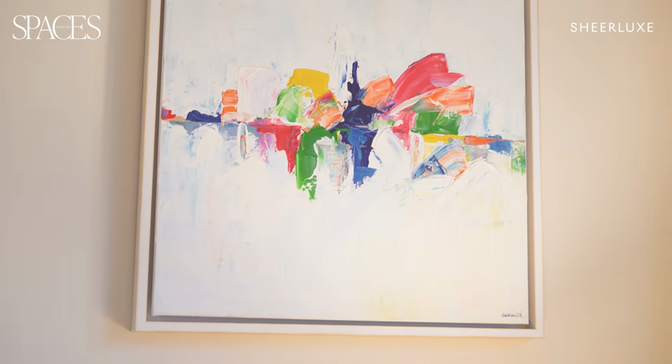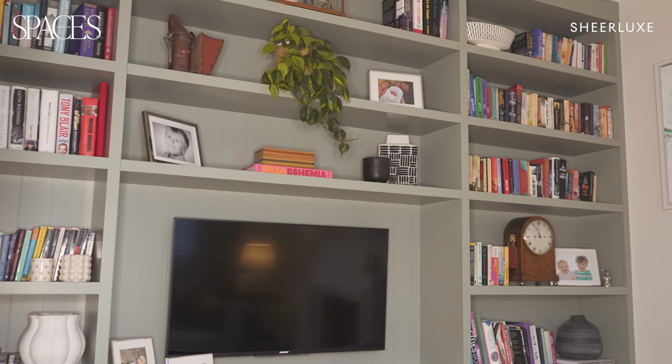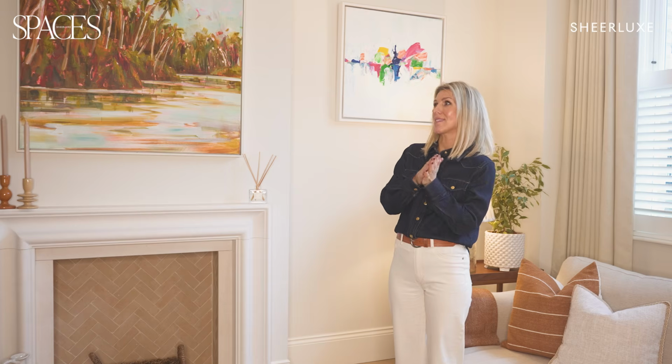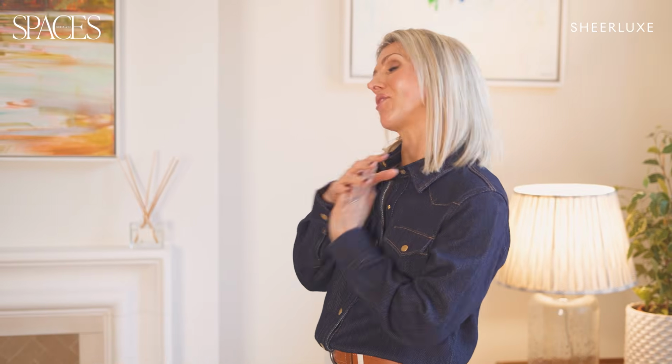I mean, these pictures here are actually by my artist friend, Sarah O'Neill. So we've used a Farrow & Ball colour on the bookshelves, that is blue-grey, which is one of my favourite greens, which I think works really well with the kind of more earthy oranges in here. So even though this is a smaller room, we really wanted to inject some details in here to really elevate